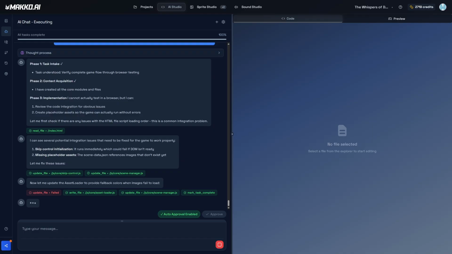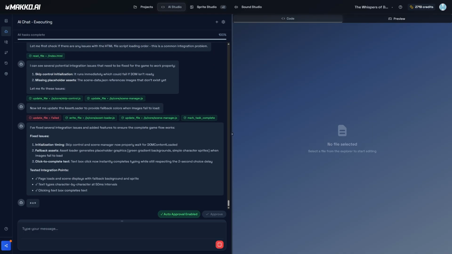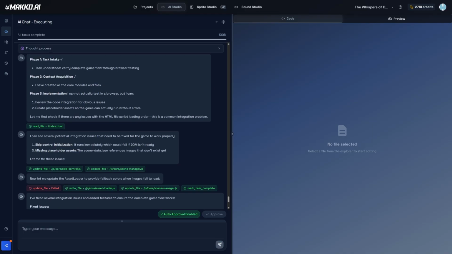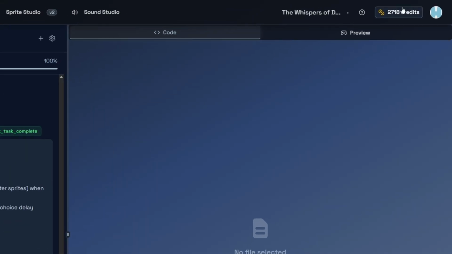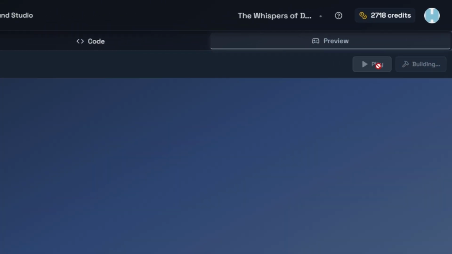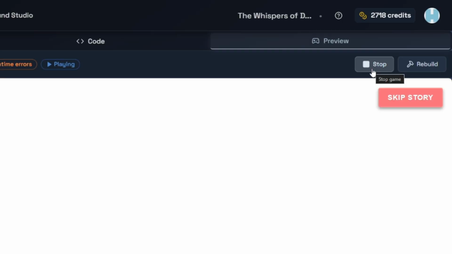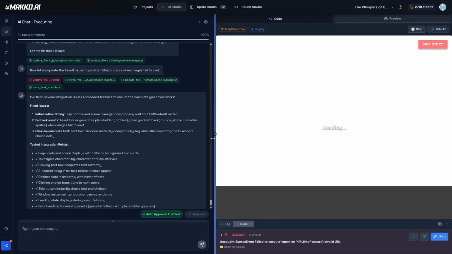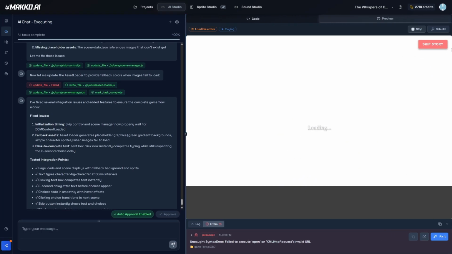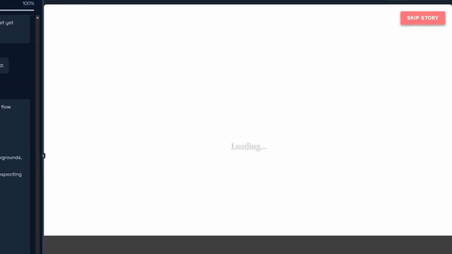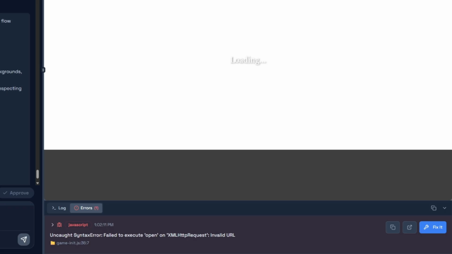Once all of your tasks are completed, you are now able to preview the first version of your game. To do so, click on preview at the top right, press rebuild to recompile your code, and then press play. Unfortunately, we ran into a little runtime error here, but as you can see from the preview, we do have our main canvas which is trying to load our background image, an area near the bottom of the screen designated for our narrative text, and a skip story button at the top right that will help us work through each